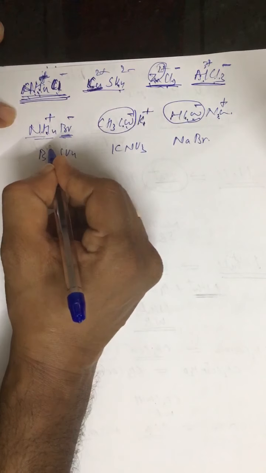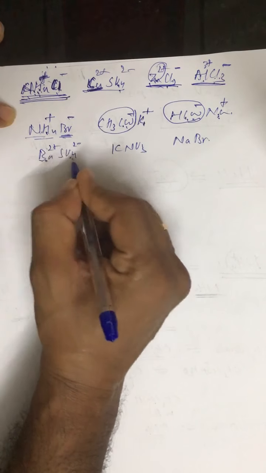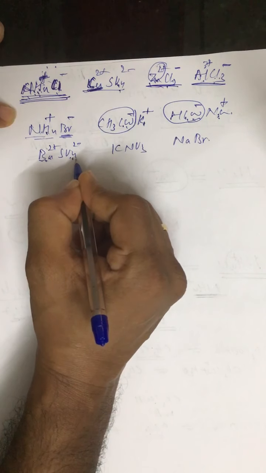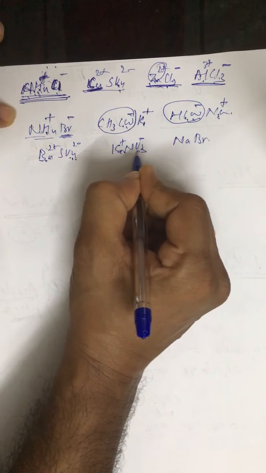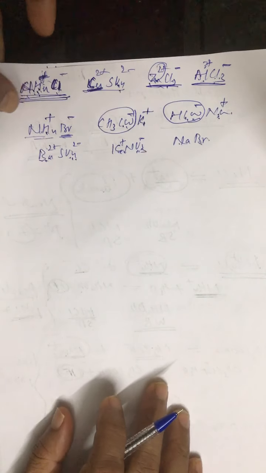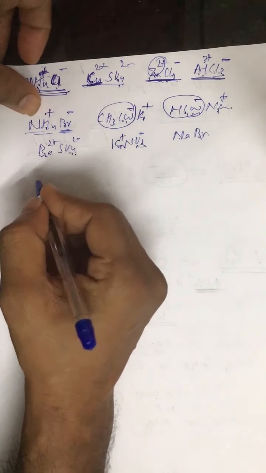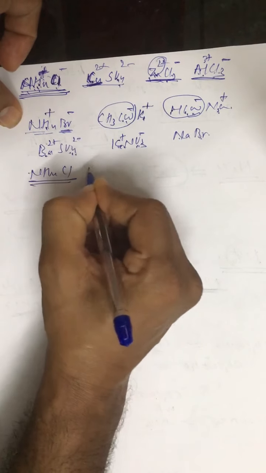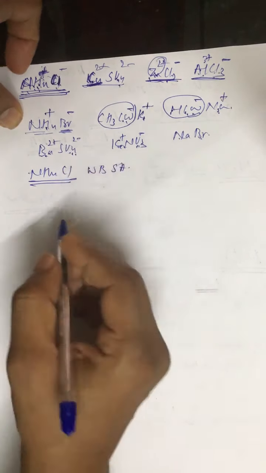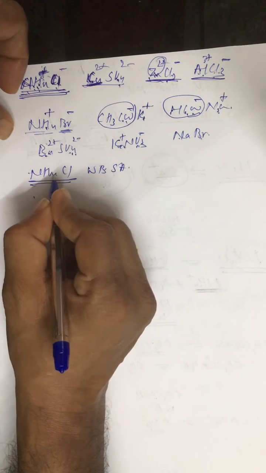Now look at this case. Barium 2 positive, SO4 2 negative, barium hydroxide, H2SO4, strong acid, strong base salt, so neutral. Again K positive, NO3 negative, strong acid, strong base salt, neutral. Na positive, Br negative, neutral. All right, so these kind of questions you will find. And then there will be numericals, and for NH4Cl type of salt, it is a weak base strong acid salt. So you will find aqueous solution as acidic.